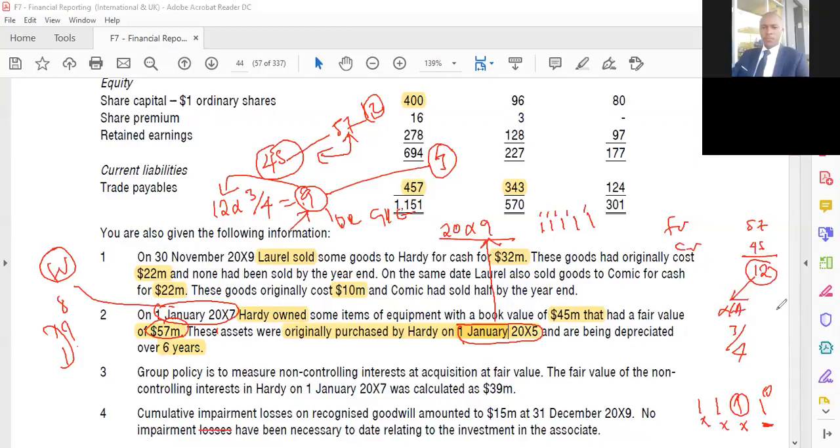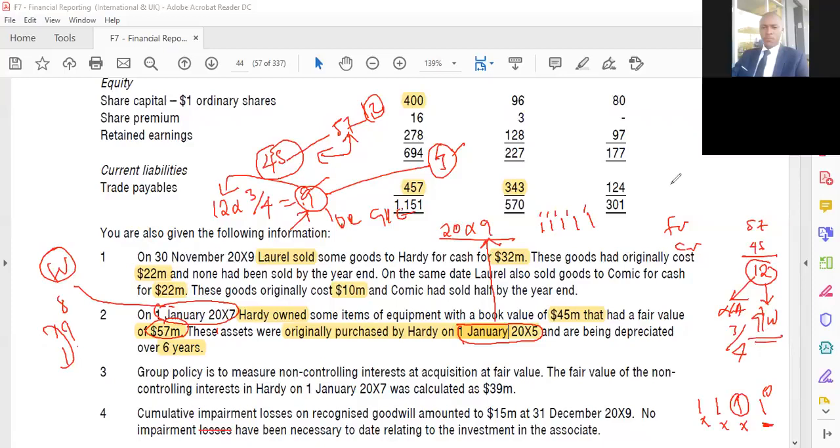But the movement, the depreciation and the asset, are the ones that are going to show now the true value of what has happened. Why are we doing this? At acquisition, we're putting the 12 the way it is because we want to show the true value of what? Of goodwill. As you know, depreciation is a non-cash item. So we're going to put the same 12 the way it is, the adjustment, to show the true value of goodwill